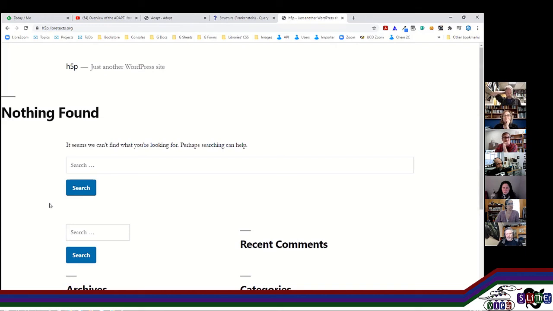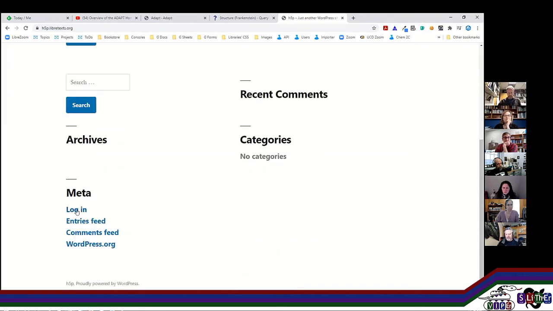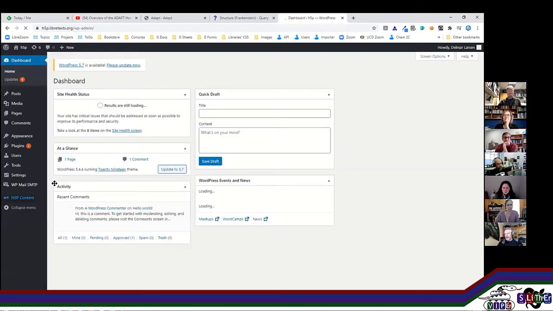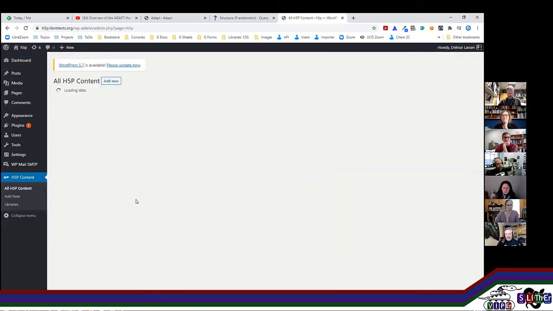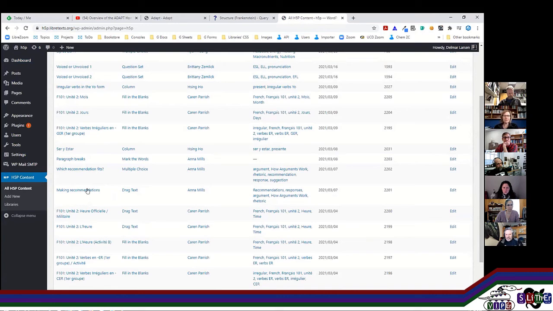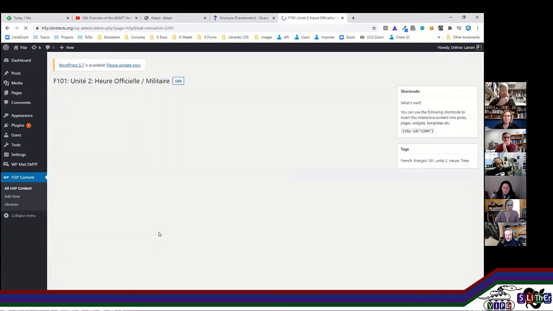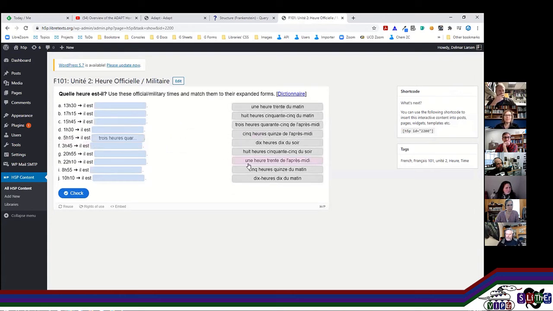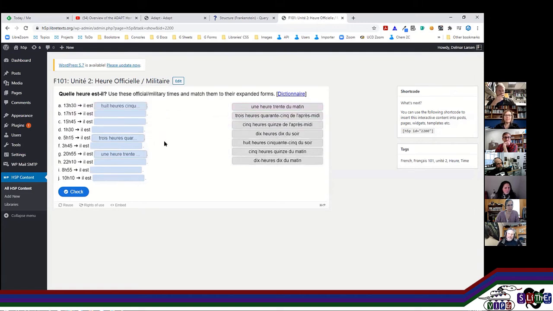Now H5P problems are relatively, it's a very, very simple technology. So for example, if you want to do some French, here's an example of this drag and drop based approach for it. So there's a range of different technologies, different problems in this technology, and you can embed this directly into a